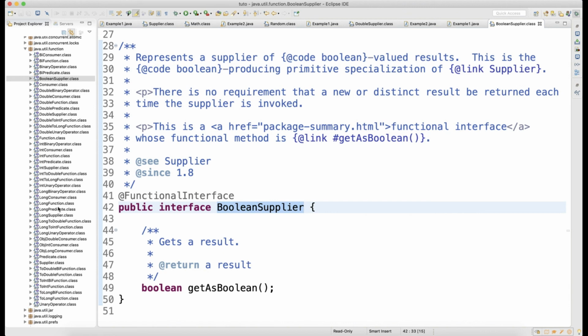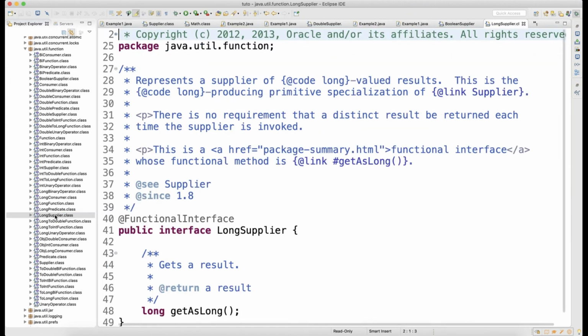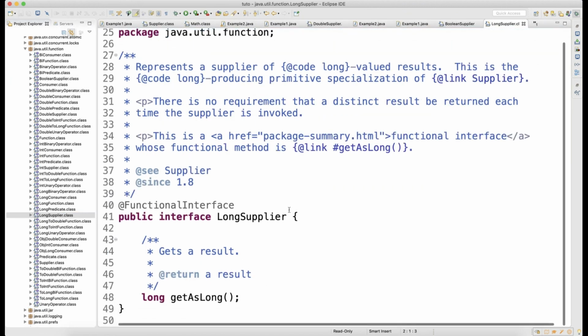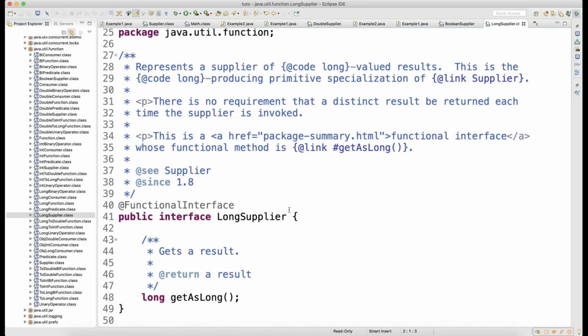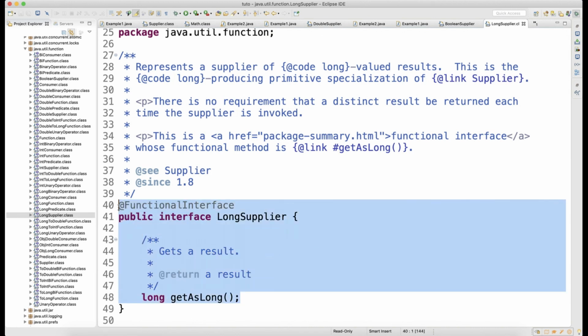Then you don't have something called integer supplier, float supplier and all that. No, you have a long supplier. So again, long supplier, you can take this as an assignment. This will give you the long data. No matter what you do, always you will get a long data, right? So whenever you write the supplier, like what I have shown you for the double and Boolean, this will give you only long.